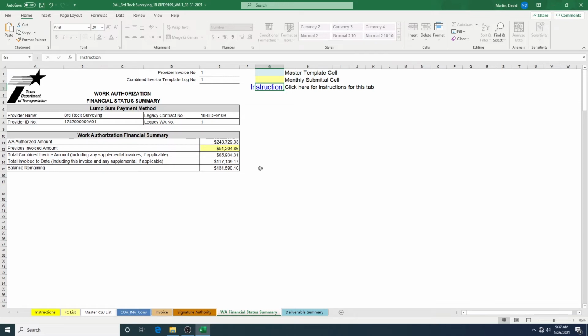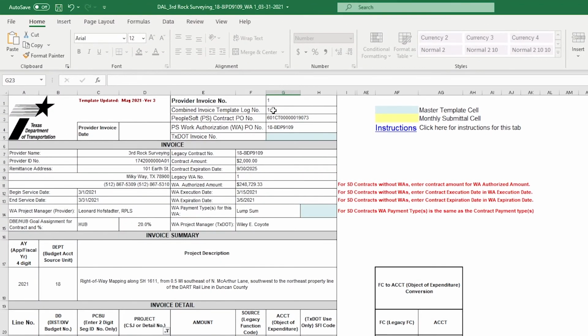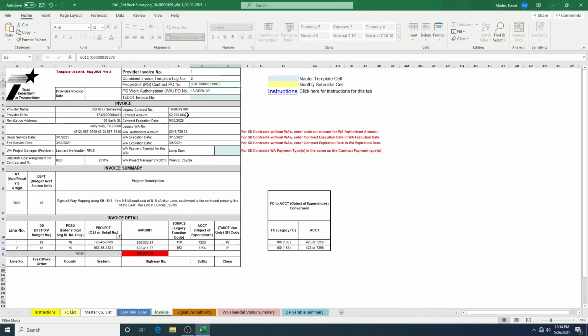To identify the specified rate template as a supplemental template identified in the lump sum template, you will go to the Invoice tab and change the log number to log number 2, just below the top provider invoice number. Be sure to attach the second lump sum invoice and its documentation to the back of this invoice package when